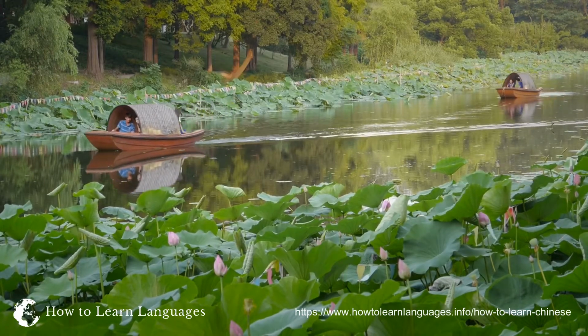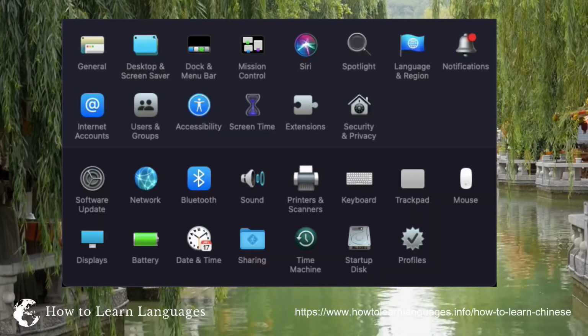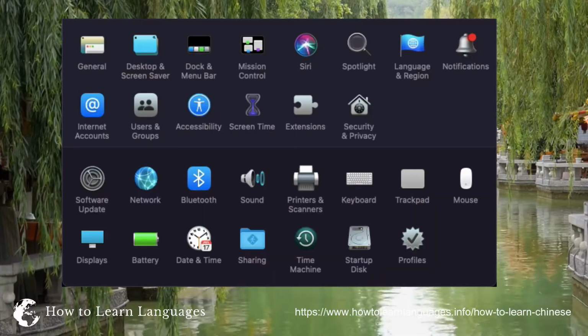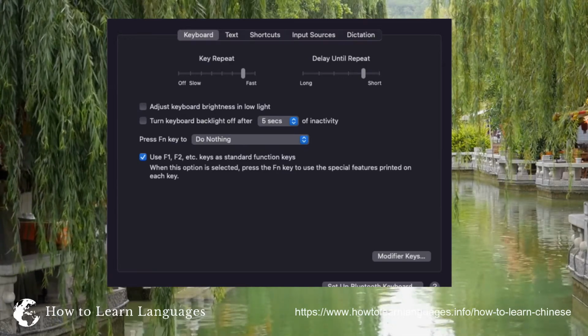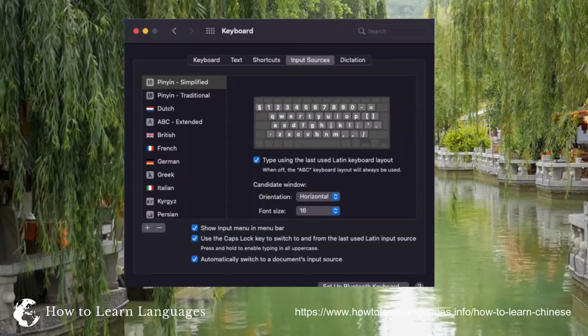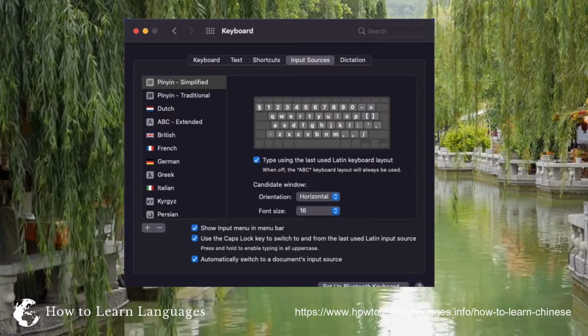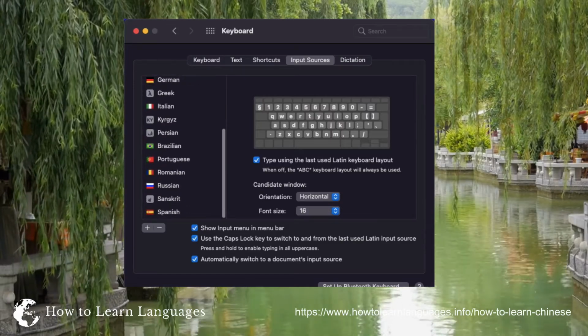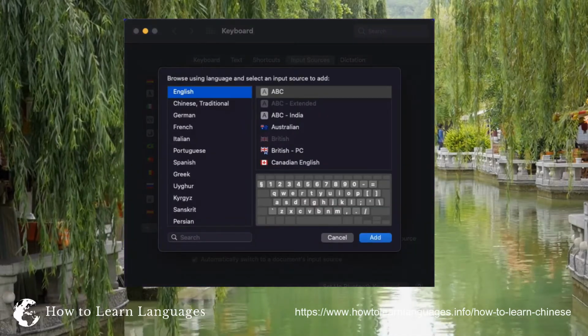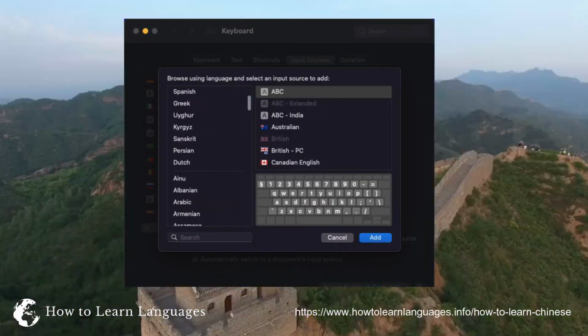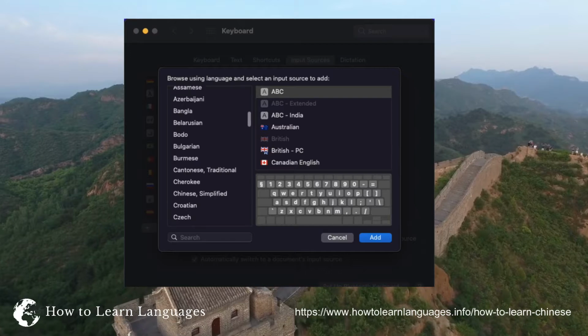To set up handwriting on the Mac, go to System Preferences and then Keyboard. Go to the Input Sources tab, click on the plus icon and a list of different languages will appear. Select either Chinese Simplified or Chinese Traditional, depending on your preference.